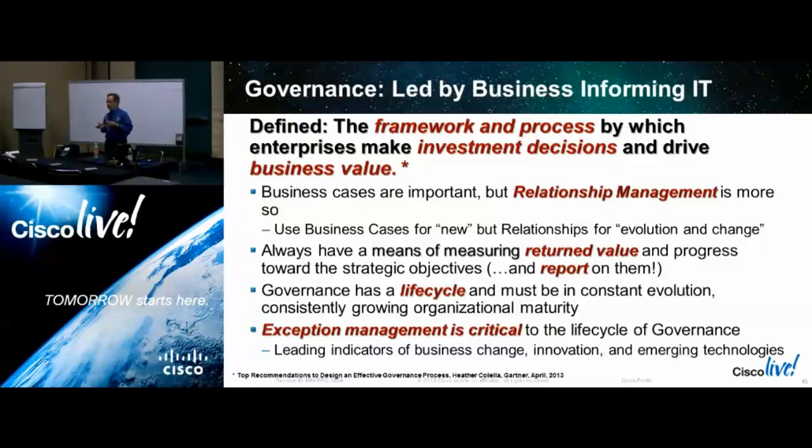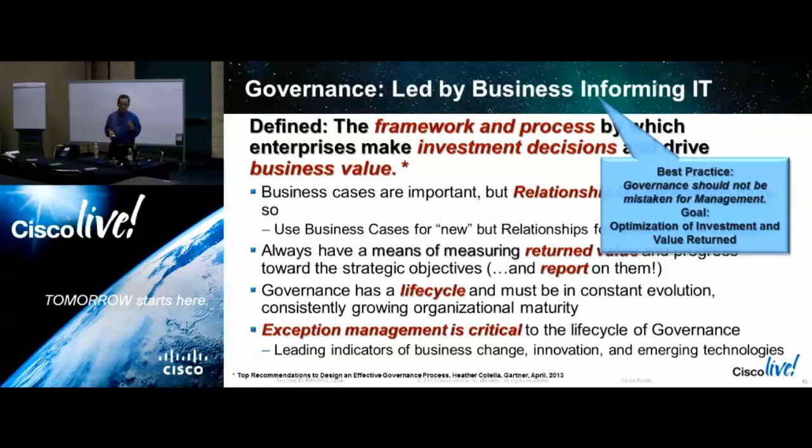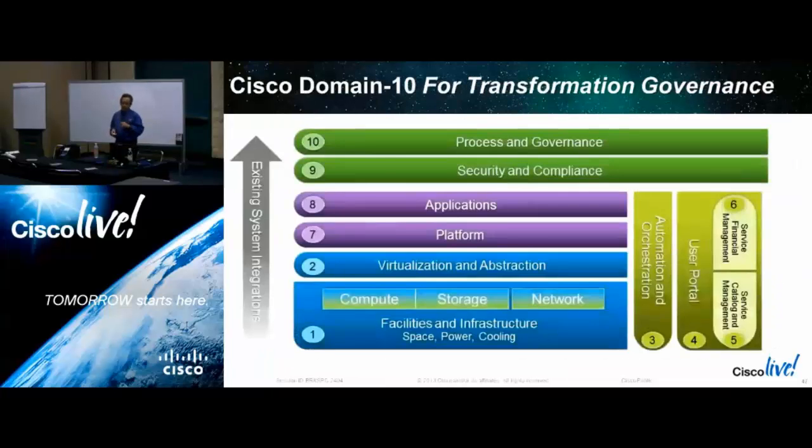And so your exception process is your most valuable asset from a governance perspective, because that is your first leading indicator that change is happening in your organization and what form it's taking, from where it's coming, and who the stakeholders are going to be that you need to include. It's a life cycle. It's not a point in time. So, please, governance is not management.